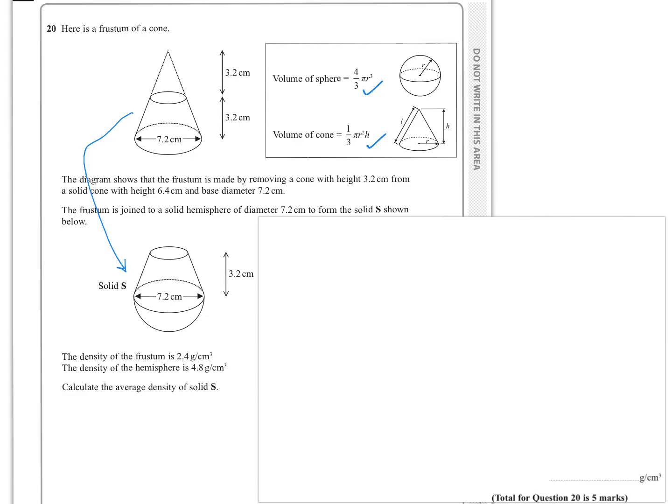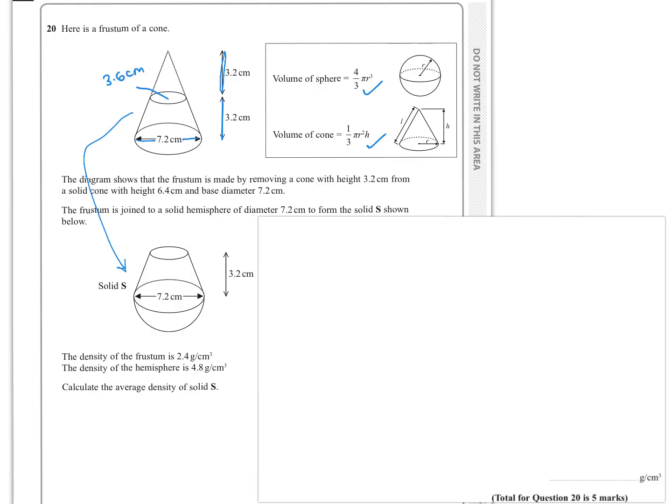It says the density of the frustum is 2.4 grams per centimeter cubed, and the density of the hemisphere is 4.8 grams per centimeter cubed. So we want to calculate the average density of solid S. Well, I think the first thing to look at is, because this is 3.2 and this is 3.2, then if this is 7.2 here, then this is going to be 3.6